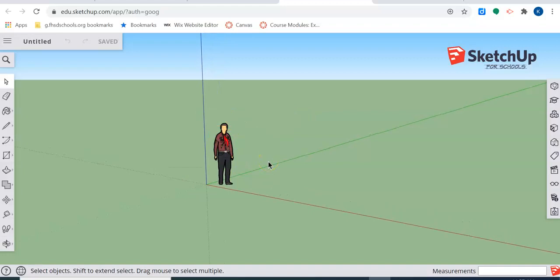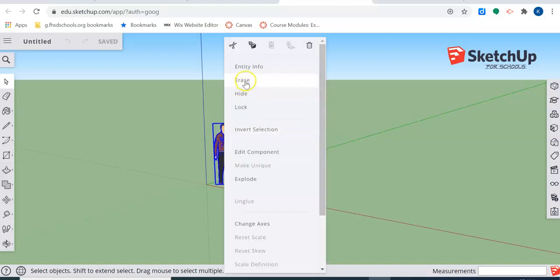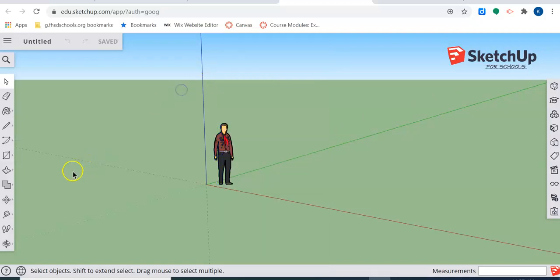Okay. You can always erase them if you want to, but I usually draw my first shape first just so that it's not too big or too small. So I'm going to right click. You can hit erase if you want to get rid of her. But we're going to draw a very simple